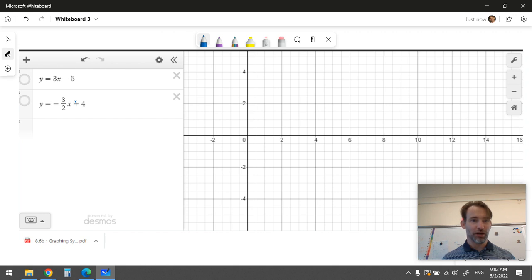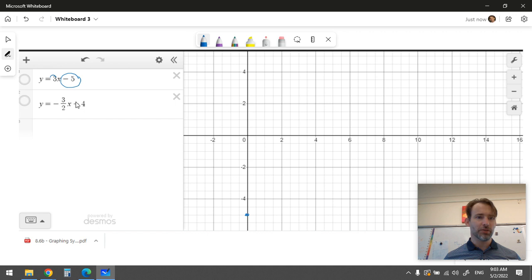So let's graph the first one here. The first thing that I do is take this number, minus 5, and I plot that down here on the y-axis. Why? Because if y is equal to 3 times 0 minus 5, that's when x is 0, then y would be equal to minus 5. X is 0, you see here, x is 0. Okay, that's subbing in for this x. Now, we plot that, and then we go ahead